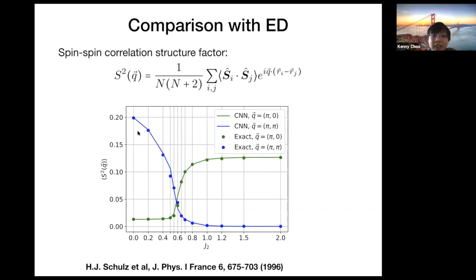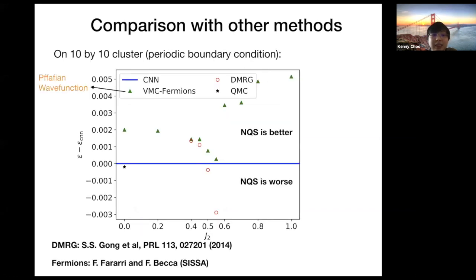And we can see that the results on this, let's say 6x6 lattice using the convolutional network are actually not so bad, and the general trends are at least reproduced. But of course, you can see larger deviations from the ED results closer to the frustrated region, as I expected. Okay, moving on to a larger system size beyond ED.